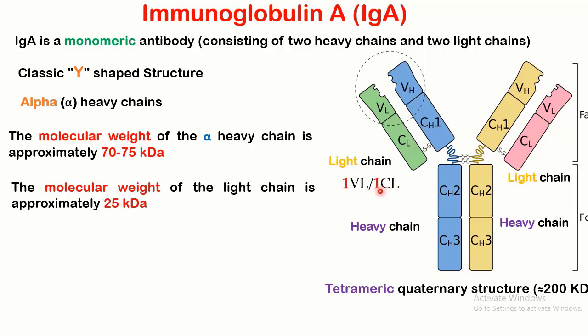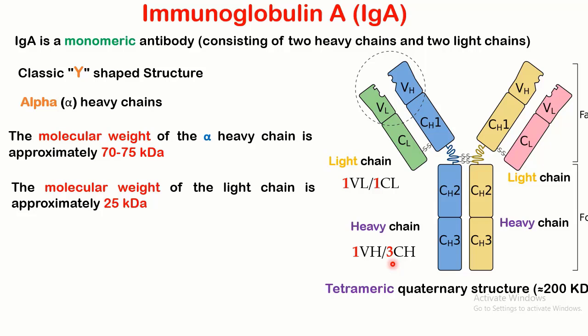Now, things are different in the heavy chains. If you look at the heavy chains over here, say for example, this is the VH. Again, the V is for the variable, and this H is now referring to the heavy chain. So the H and the L show you which variable region you are referring to. If there is an H, you are referring to the variable region of the heavy chain. If you are using the L, you are referring to the variable region of the light chain. Just like the light chain, in the heavy chain you are going to see one variable region, but you are going to see three constant regions when you talk about the monomeric form of immunoglobulin A,